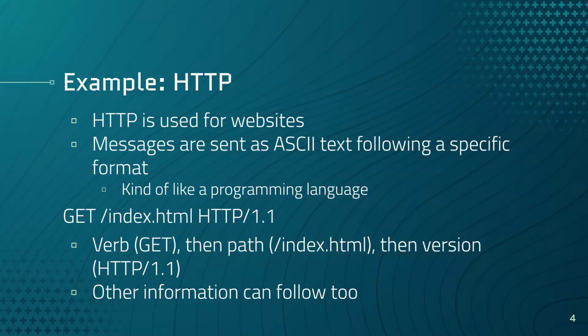So as an example, we have this protocol called HTTP. This is what's used for websites. So messages for HTTP are sent as ASCII text following a specific format. It's kind of like a programming language. So this is a really simple example. It's just GET /index.html HTTP/1.1. So it's a verb, which is usually GET if you're using a web browser, then the path, and then the HTTP version you're using. And other information can come after that too. There's a lot more that goes into HTTP. Most requests aren't going to be this simple, but